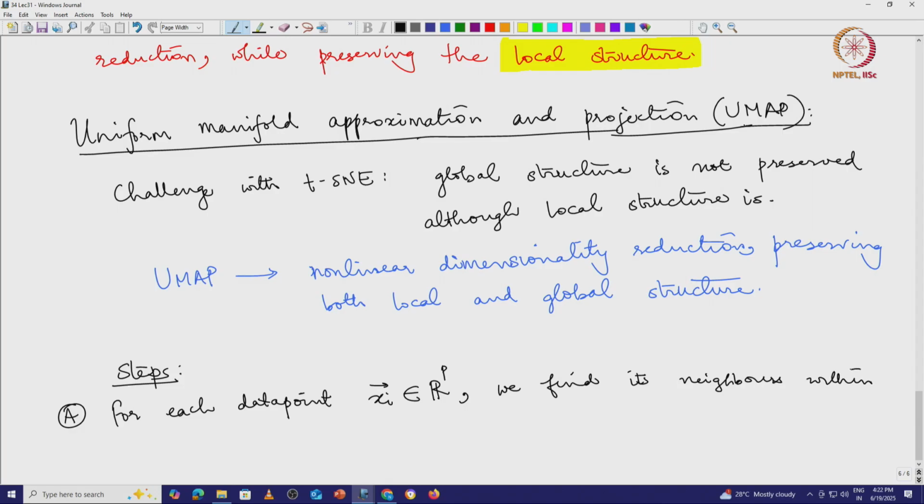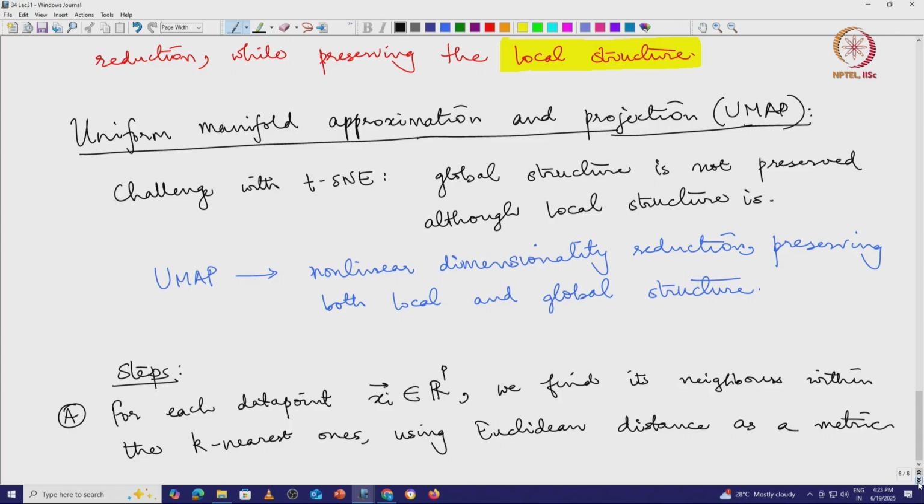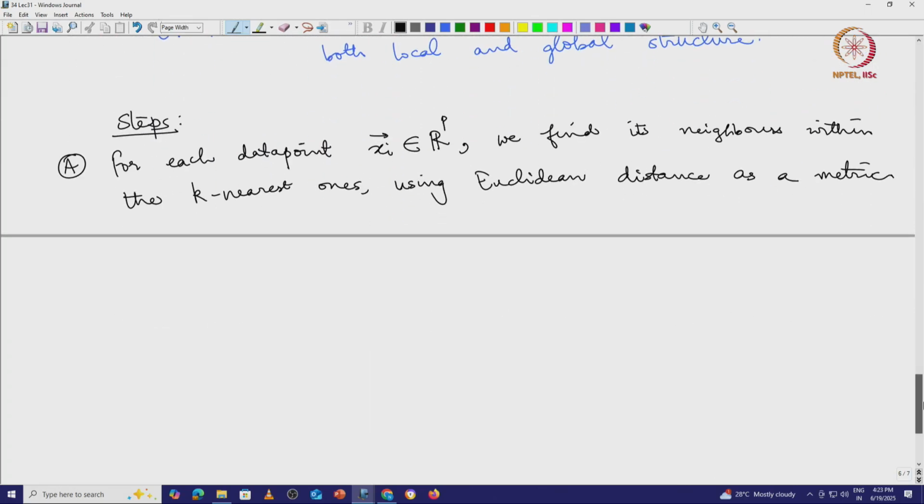within the k nearest ones using the Euclidean distance as a metric. Okay, so that is the distance metric. Again, just like in k means clustering, we use the Euclidean distance here. So we compute dij, which is the distance between xi and xj, or the norm of the xi minus xj vector, and thus